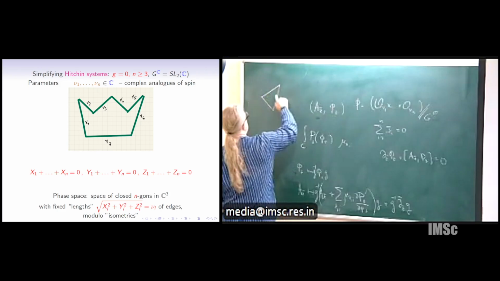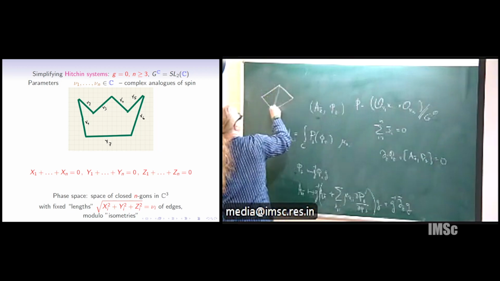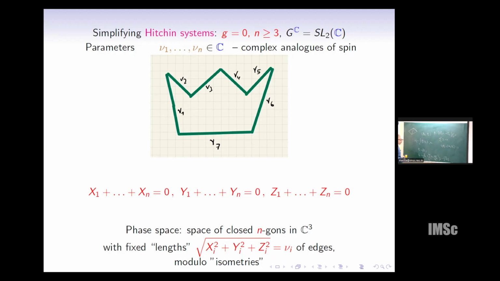But once you add the 4th guy, now you have inequivalent quadrangles because now you have some flexibility. You can rotate around this diagonal or around this diagonal. So there are 2 degrees of freedom. And for the n-gon, we will get something of dimension 2 times (n minus 3). So 2 because it's a phase space, so it should be symplectic, and then minus 3 is the number of